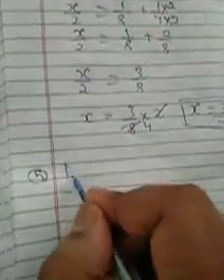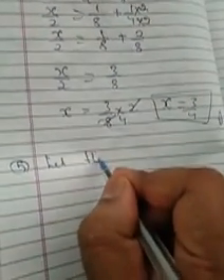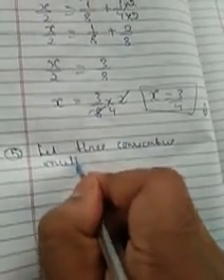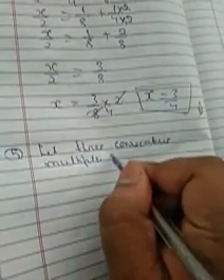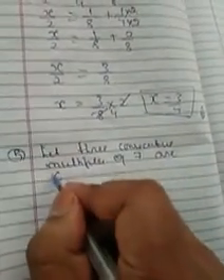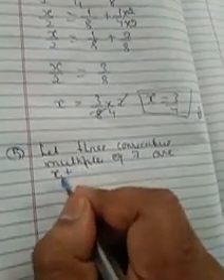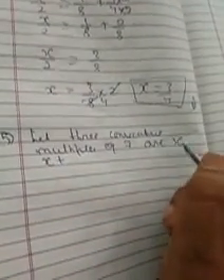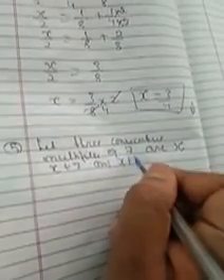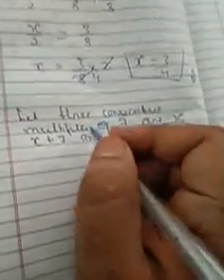Let the 3 consecutive multiples of 7 be x, x plus 7, and x plus 14. Now according to the question,